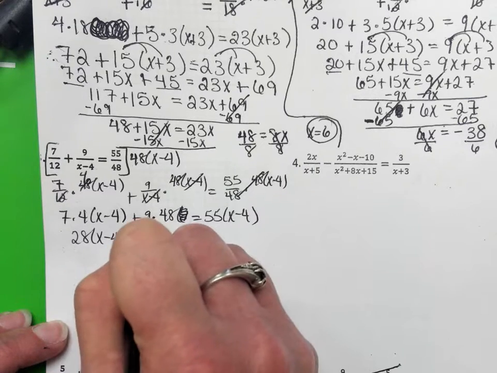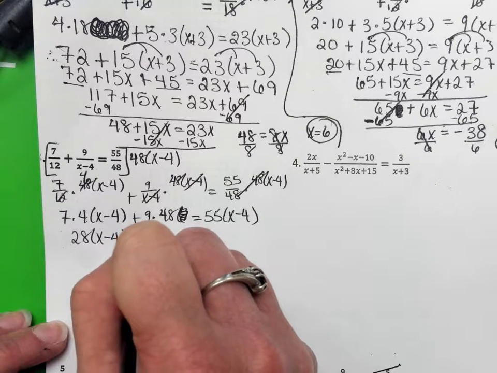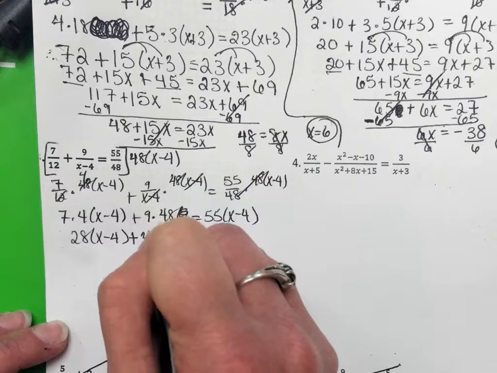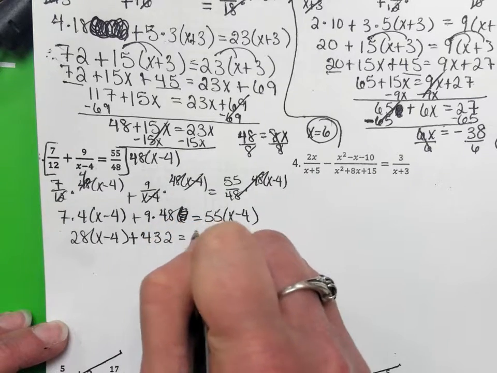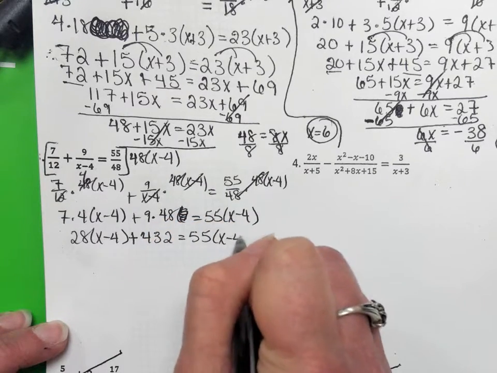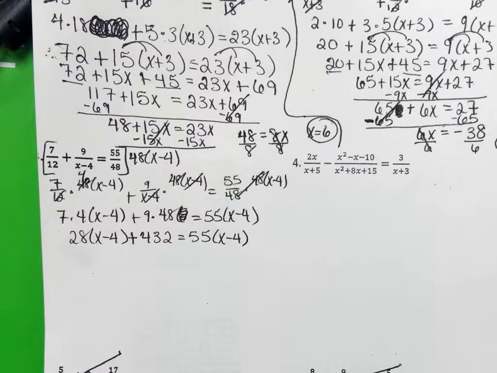Is 9 times 48 430 something? 432? 432 you said? Okay. Okay, so check, make sure you've got that right so far. Distribute is